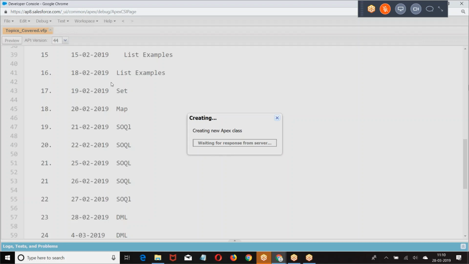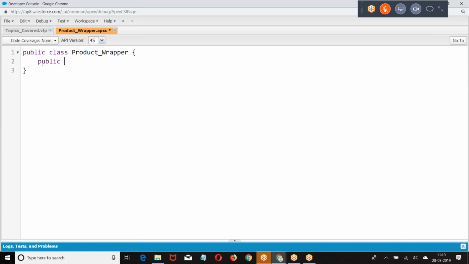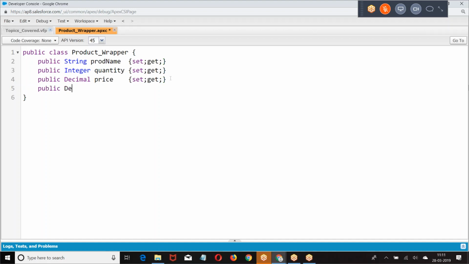Product graph. Public. Or I want to give public string. This is the product wrapper.